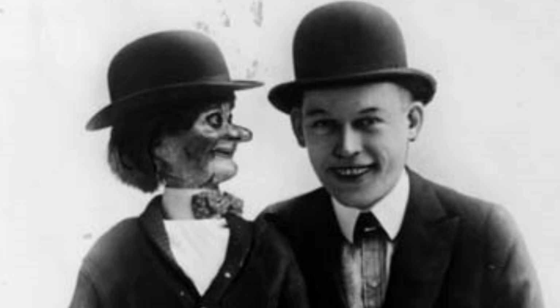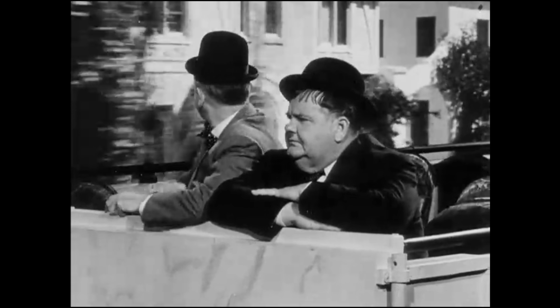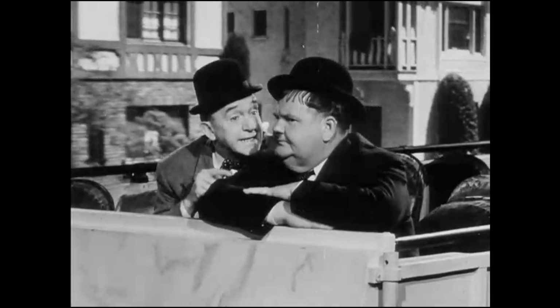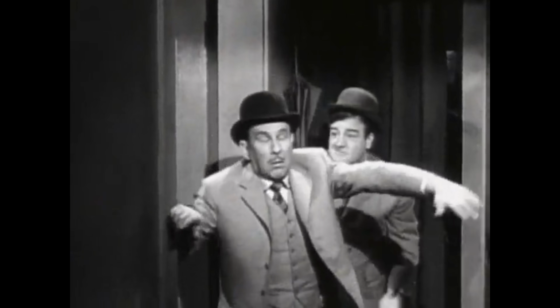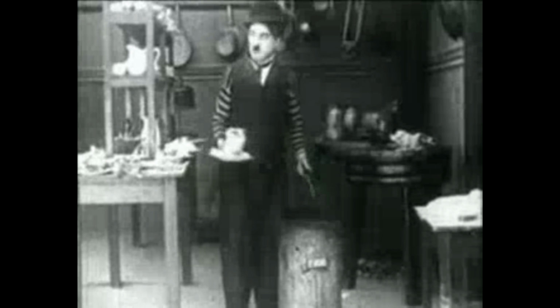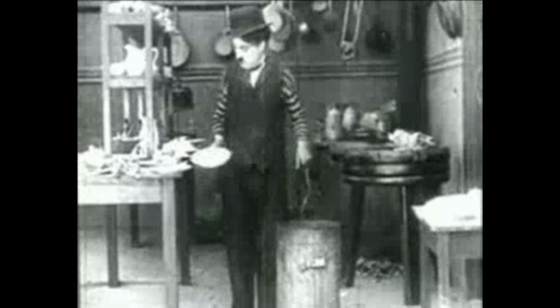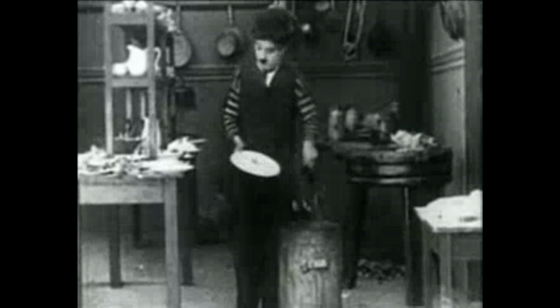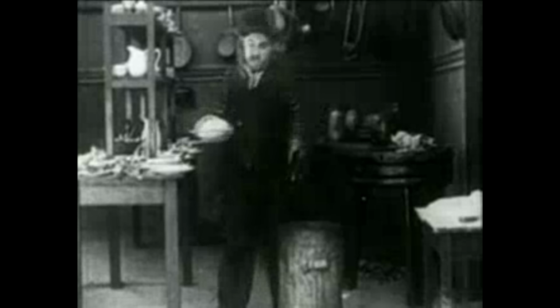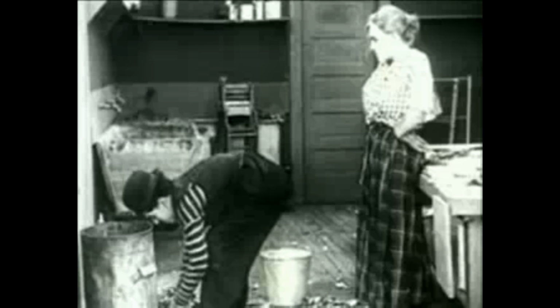The bowler hat has become a cultural icon in many ways. It was the signature style for comedians Stan Laurel and Oliver Hardy and Bud Abbott and Lou Costello. It was a defining part of the costume of Charlie Chaplin's character, the Tramp, considered one of the most important figures in the history of the film industry. The hat was so iconic that the bowler hat and cane that Chaplin used in the 1915 film The Little Tramp sold at auction for